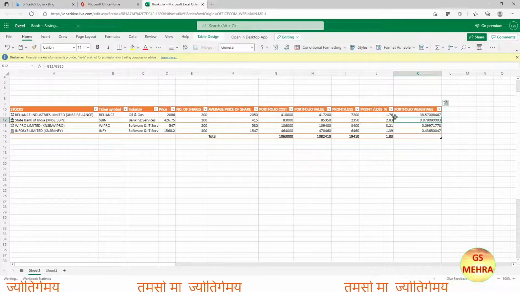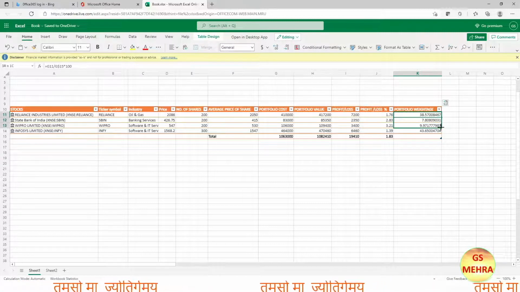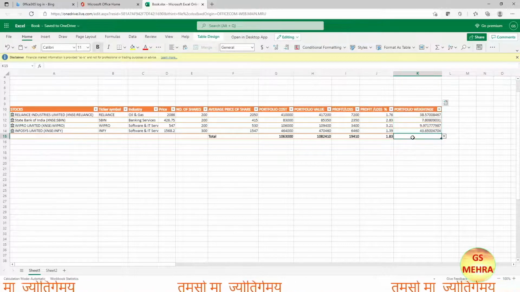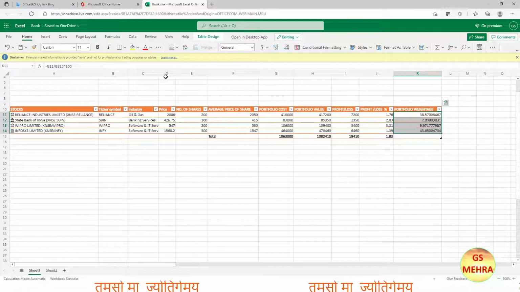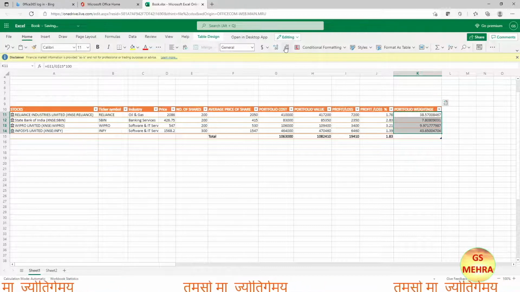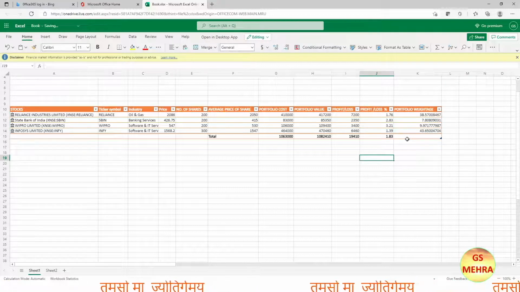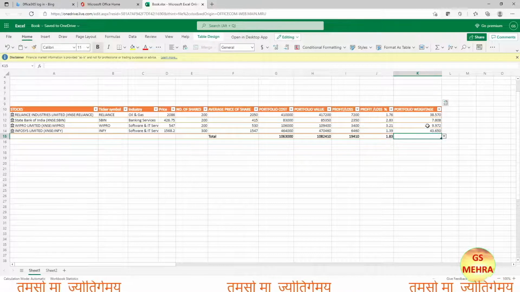So here we are having it in percentage, and we can see that again it is not in 2 decimals, so we'll reduce the number of decimals. For that we just select it, and then click decrease decimals, and again clicking it, and again we'll do the same.